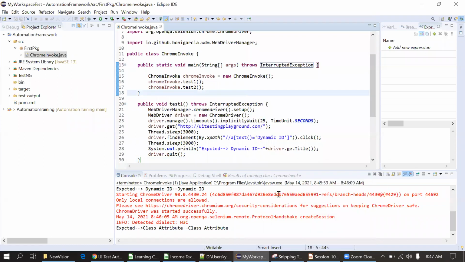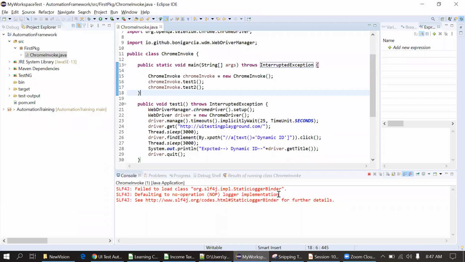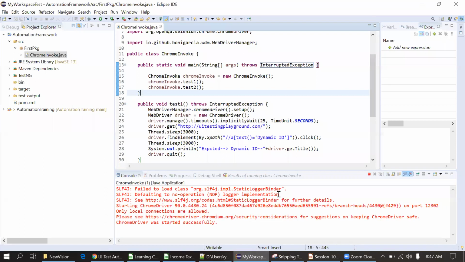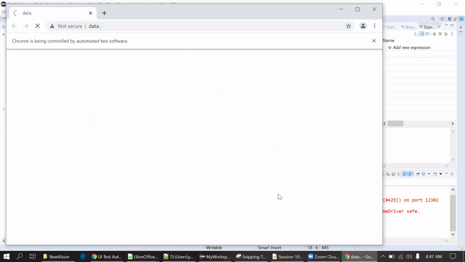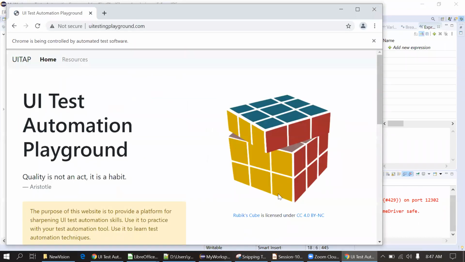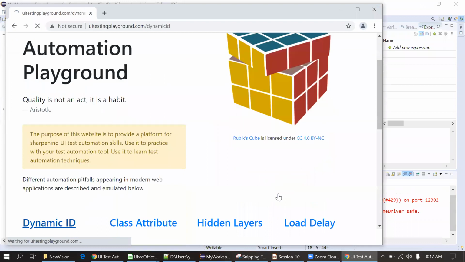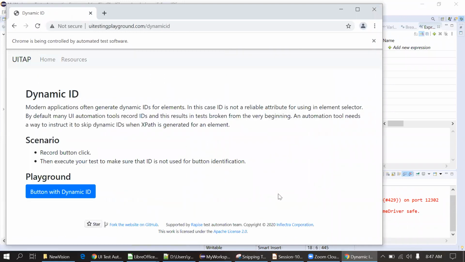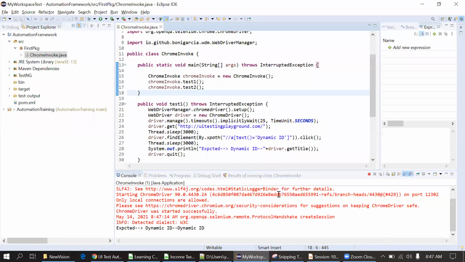Run as Java application. It opens the site, navigates to the dynamic ID page, and closes the window.